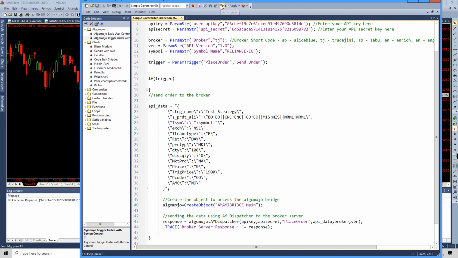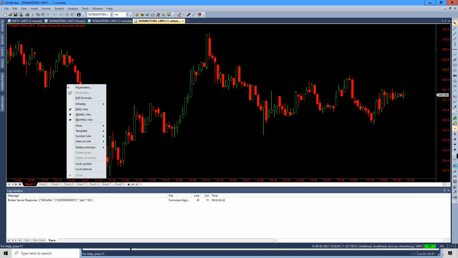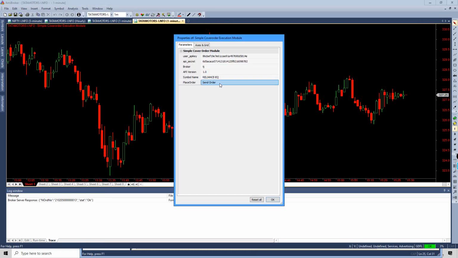I'll click on AFL, so there are no issues. Now I come back to the code. So now you can see here I'm able to control the symbol name as well. If in case I want to change it to Infy, I can simply change it to Infy over here, and I can send an order from here. And you can see that automatically the orders are getting punched.